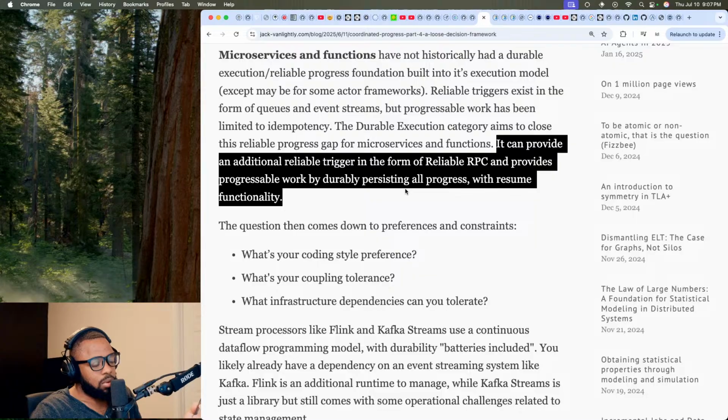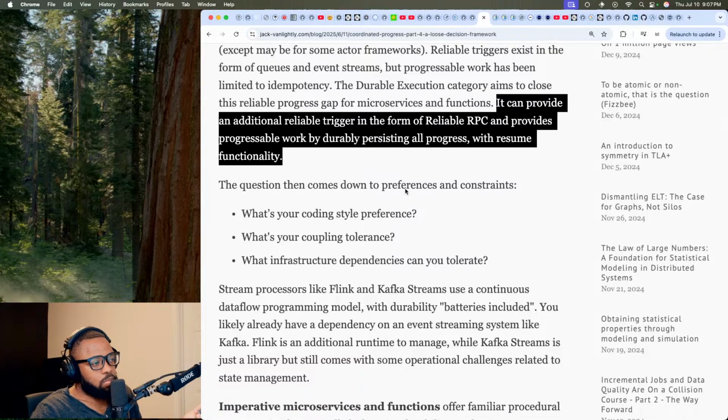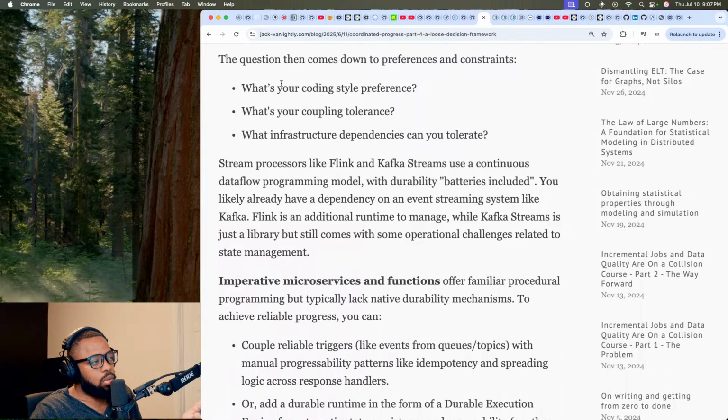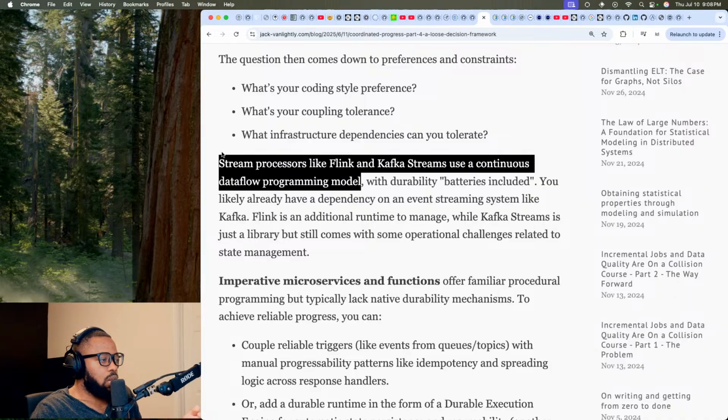So, sending a piece of work to some thread pool should also be by default considered I/O, right? Okay. The question then comes down to preferences and constraints. What's your coding style preference? What's your coupling tolerance? What infrastructure dependencies can you tolerate? Stream processors like Flink and Kafka Streams use a continuous data flow programming model, which I think,